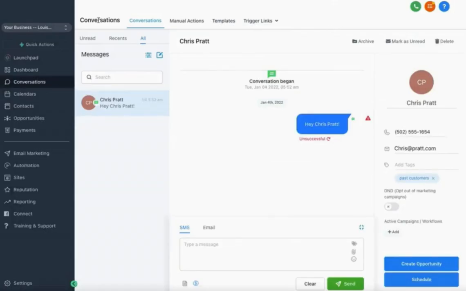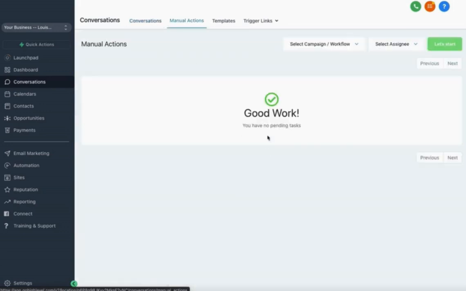Now, up top, we have a Conversations navigation panel. The first one is Conversations. That's the tab that you're on. The next one is Manual Actions. If you have a workflow or a campaign that adds in a manual action like a text message, for example, this is where it's going to show. So you would click on Manual Actions, and then it would show up right here to where you can send those one at a time. Next